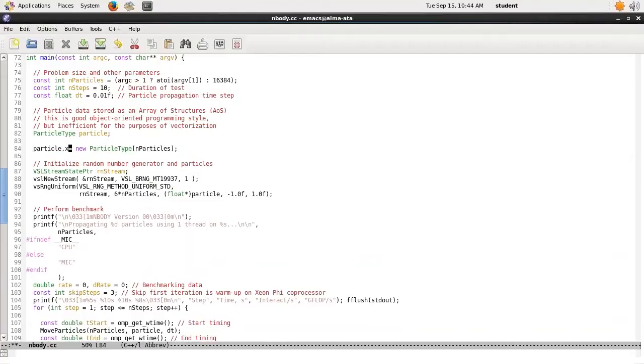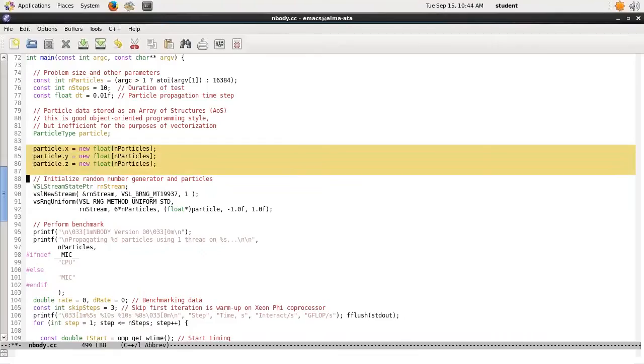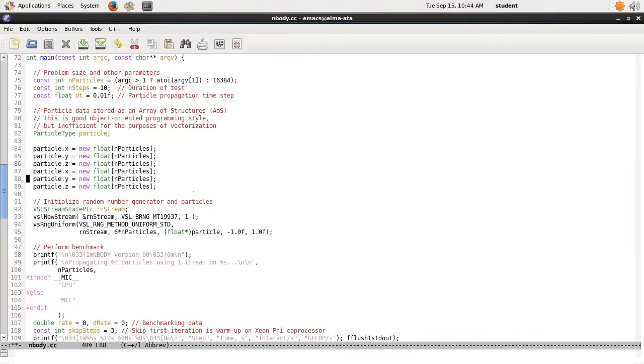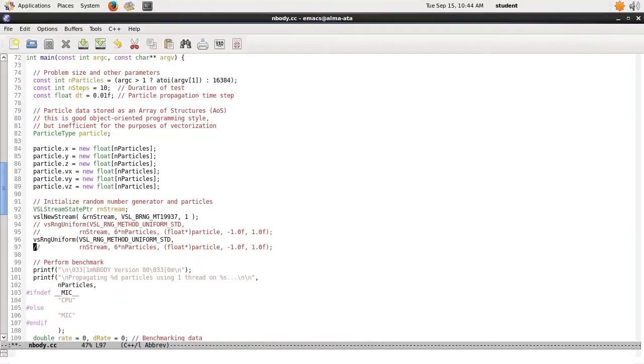particle.x will be an array of type float of size n particles. And the same for y and z. And the same for vx, vy, and vz. Then I can no longer use this random number generator to initialize all particles at once. I will have to, let me comment this out